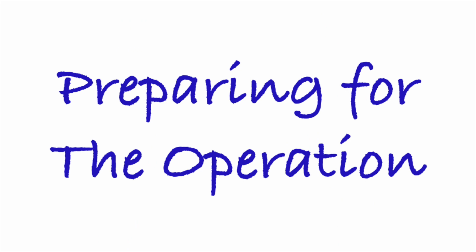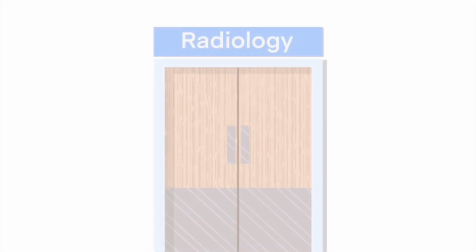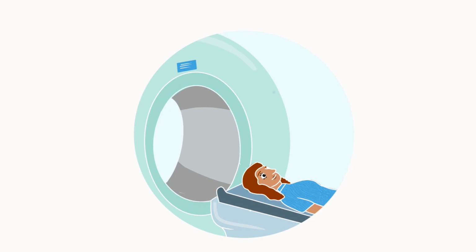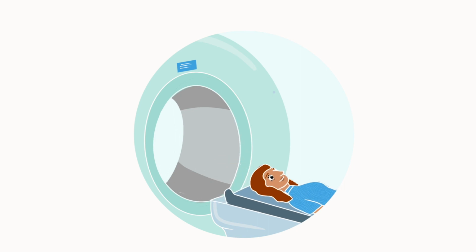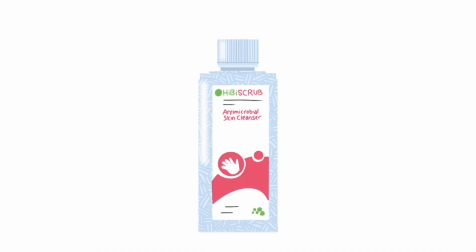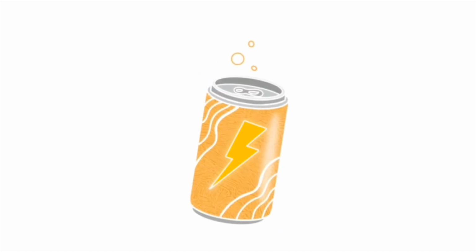Preparing for the operation. Some days before the operation, you'll be asked to come into hospital for a CT scan to map all blood vessels supplying the DIEP flap. This helps your surgeon ensure a high chance of success for the operation. To reduce the risk of infection, you'll be given an antiseptic wash to use for 3 days prior to the operation. It is also recommended to have high energy drinks for a few days before your operation to build up